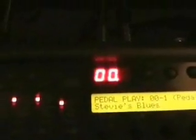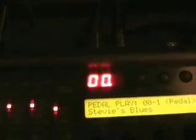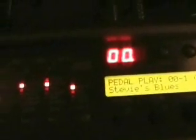The delays, it has the clean delay, analog, tape, dynamic, dual, and ping pong. If you want the true separation, you can use the ping pong, but it's a little too digital for my liking. I think it's cool sounding to have it split back and forth and bounce back and forth between my two different cabinets, but I really like just the old school warmth of the analog delay,